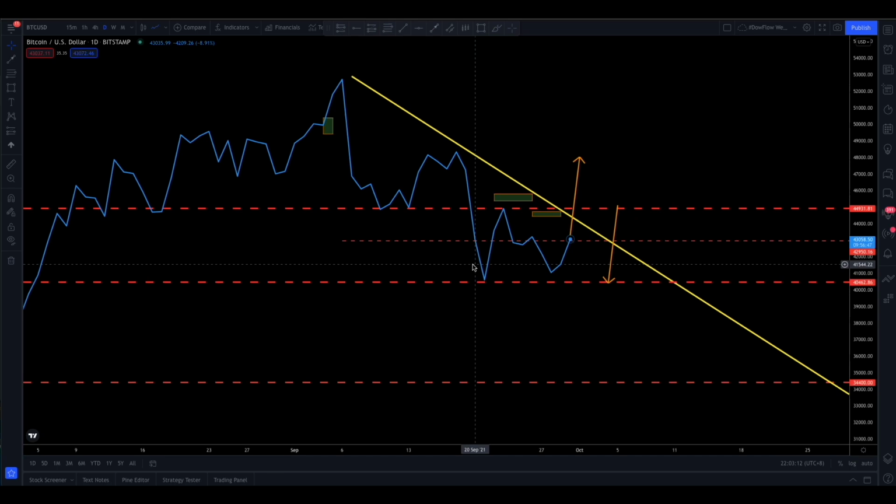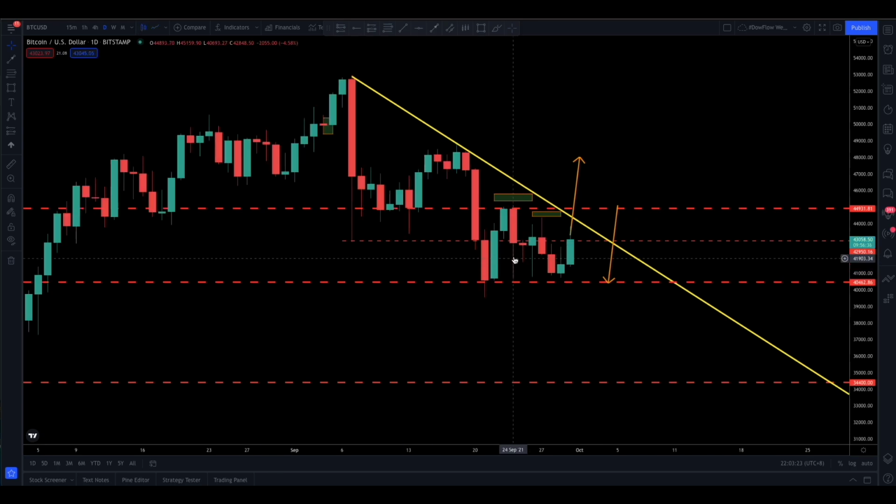A double bottom pattern is a very good reversal pattern, meaning to say that price was recently trending down and you get a double bottom, which signifies that price could be reversing higher. So this is the double bottom pattern, but a double bottom pattern is only confirmed when the neckline over here is broken. So earlier on I mentioned that price might just do something like this to whip out the stop